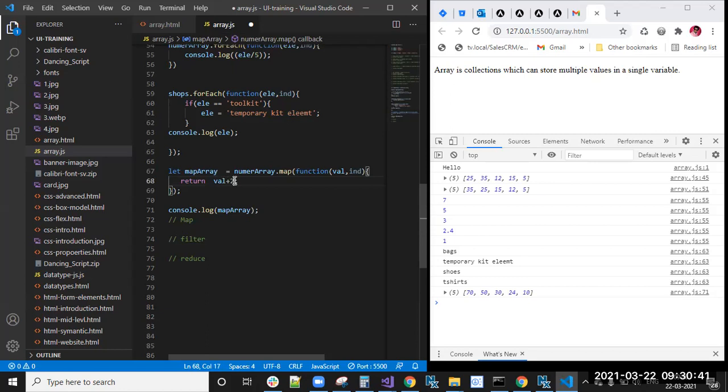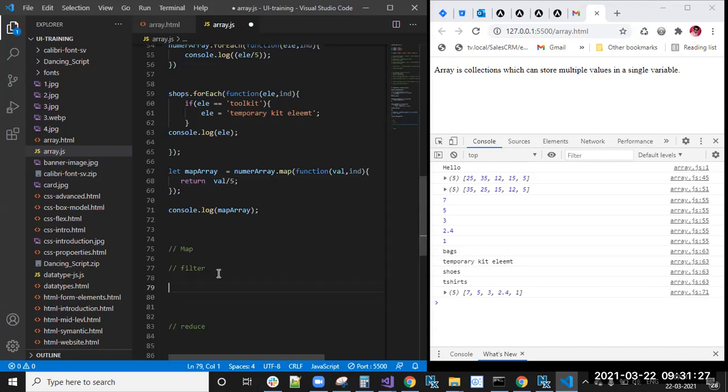Or you can do it like this also. It will add 2 to each element here. Each element, two is added, and value divided by 5. Okay, see here 7 5 3 2.4 1. So it will return a new array with the same number of elements only. Based on this condition, that new mapped array will change. This return statement is there, right? Based on this, it will change. This is map. Map is almost similar to the forEach loop only. Okay, but map will work more efficiently than the forEach loop. Then filter.